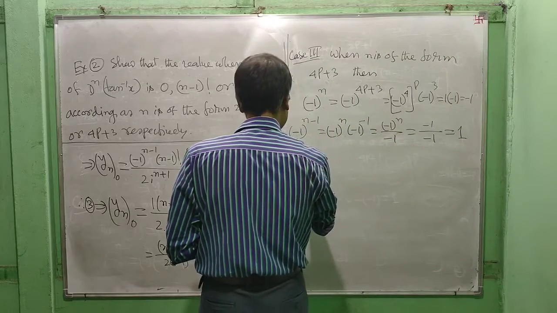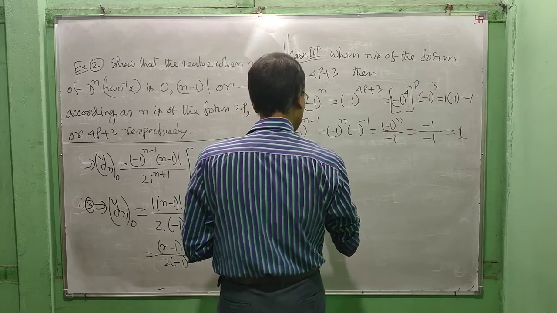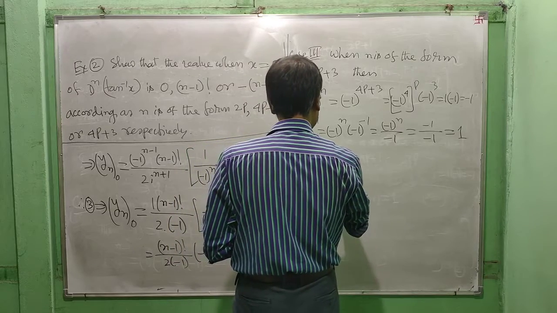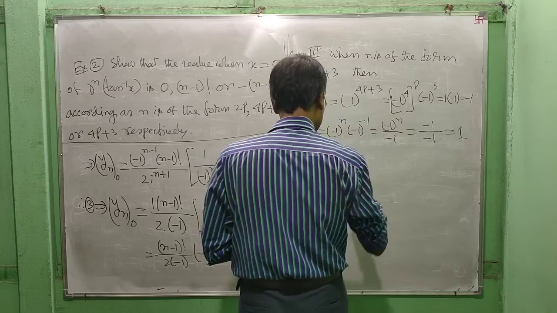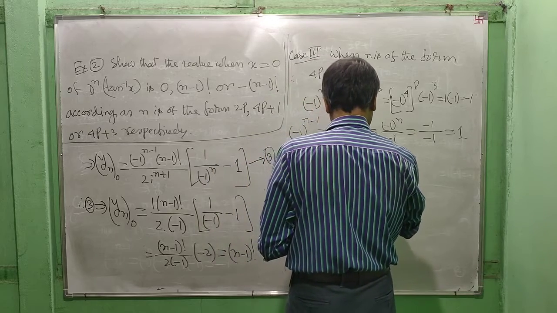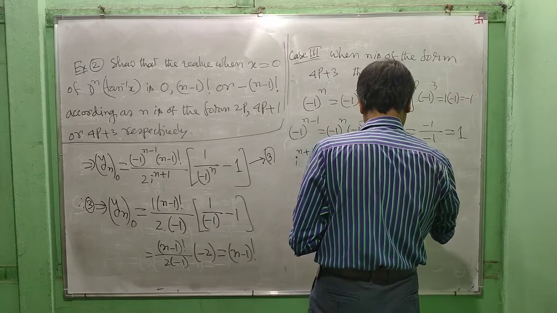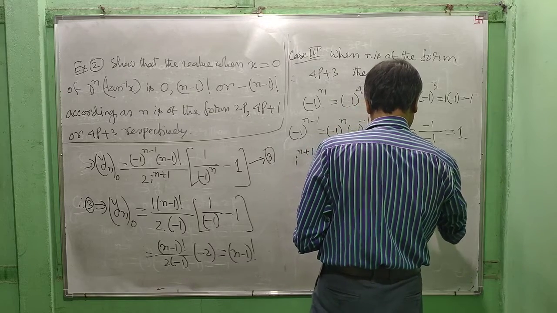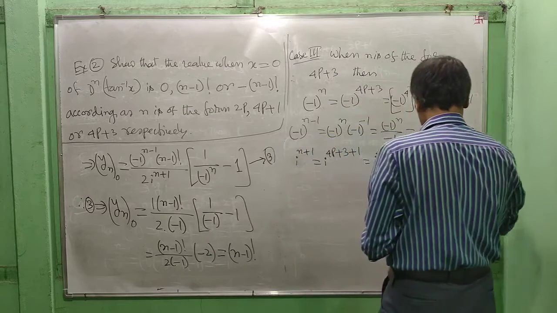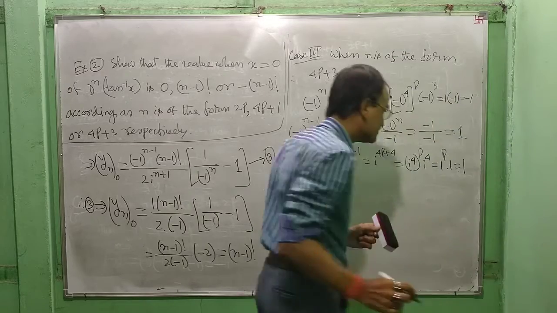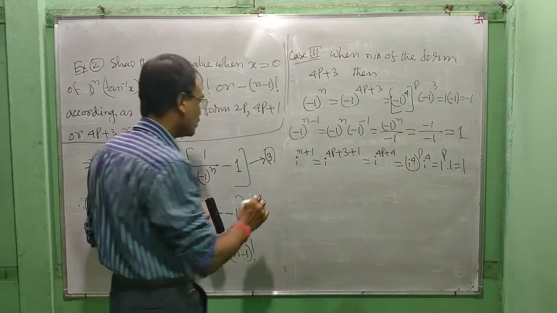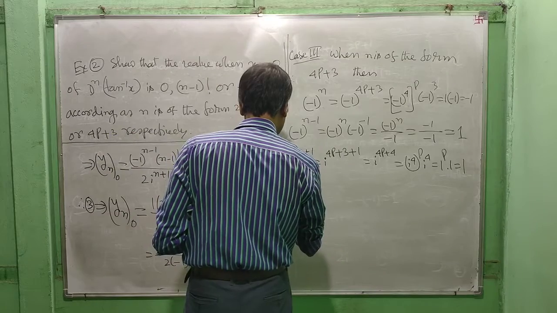I to the power n plus 1. This is equal to I to the power 4p plus 3 plus 1. This is equal to I to the power 4p plus 4. This is equal to I to the power 4 whole to the power p, I to the power 4. 1 to the power p into 1 equal to 1. You will get this one. Therefore, from 3 you will get